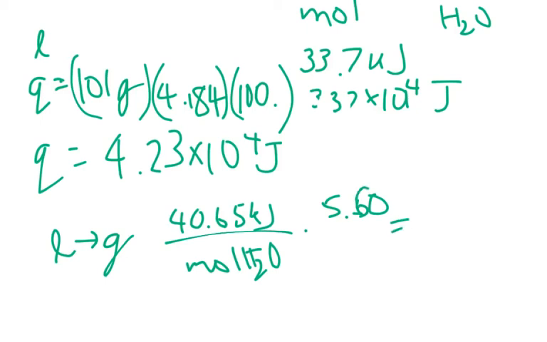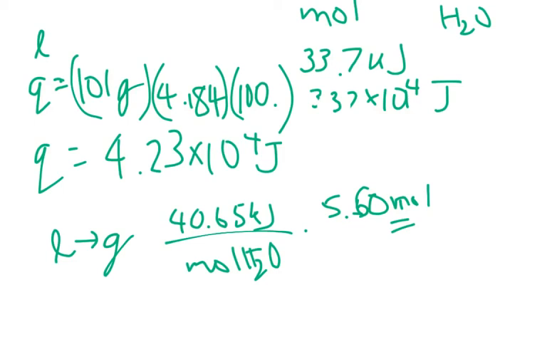So if you have it saved in your calculator, you could use that number that you used for the delta H of fusion, which was 5.604, and I might as well just use that. So using 5.60488 times 40.65, we get that the change in heat needed to